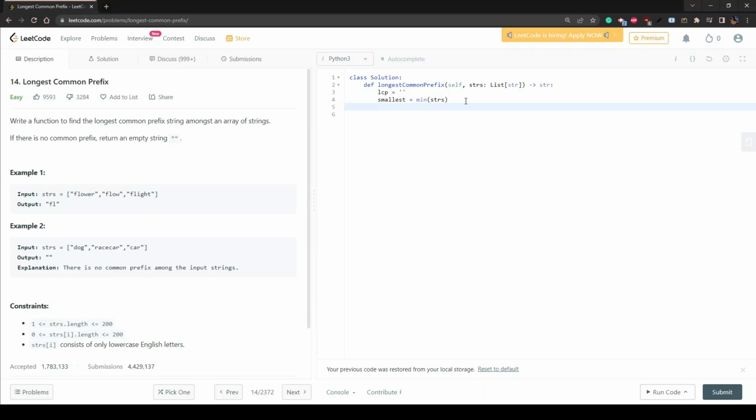So now we want to check each letter, but we want to find the index of each letter in each word. So we're going to go with for x in range len, the length of the smallest. We're basically going to go through each index of a letter in the smallest word in our list. And here we want to add another loop that checks each word in our list. So for word in strs,